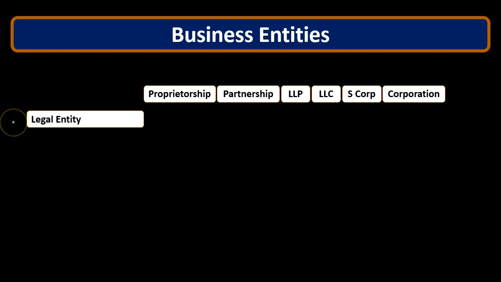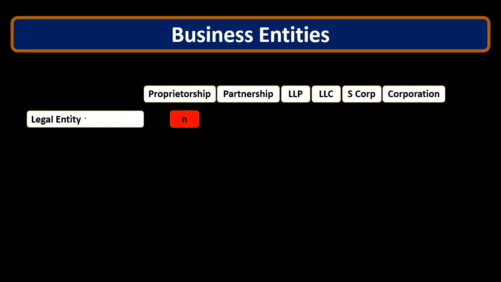Okay, so the legal entity. The proprietorship is not a separate legal entity, meaning it's a separate business entity. We'll keep the business separate from our personal books, but it's not a separate legal entity, and therefore doesn't get that liability protection as a separate legal entity. So it's important to get those two things straight.